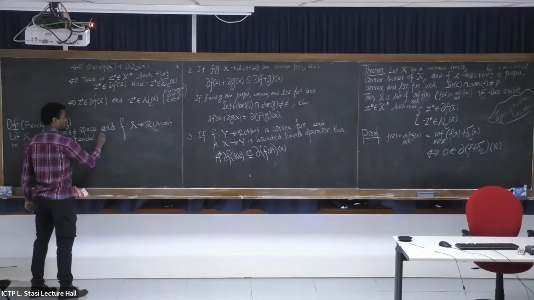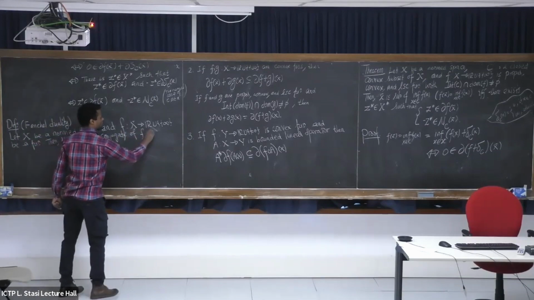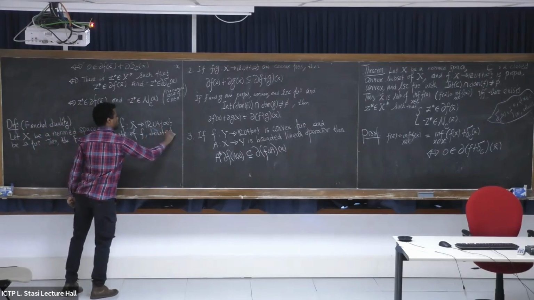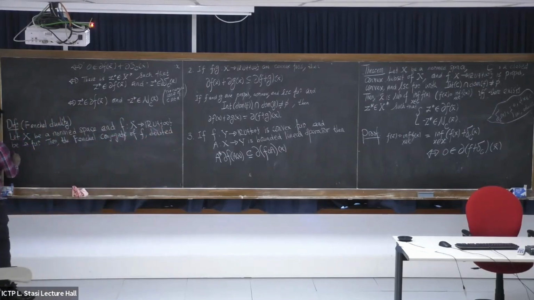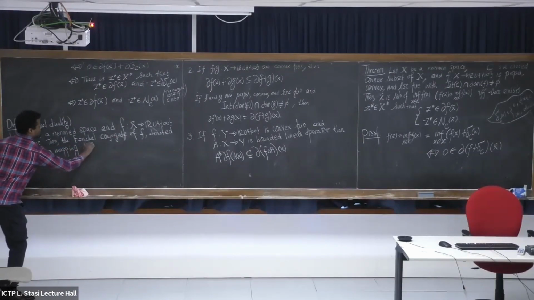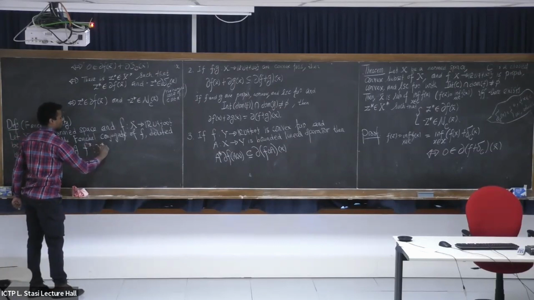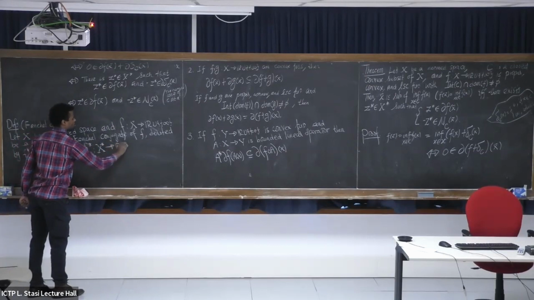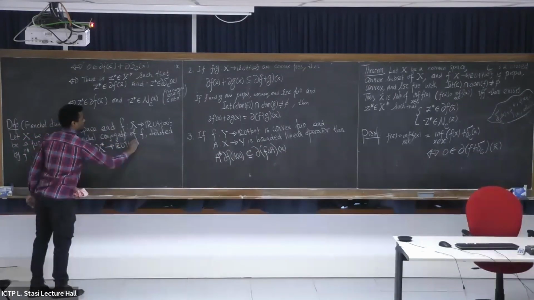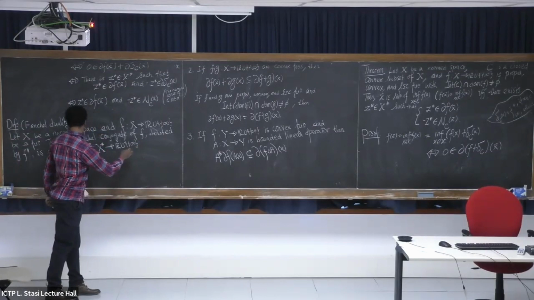The Fenchel conjugate of f, denoted by f star, is a mapping from the dual space X star into the extended reals, given by